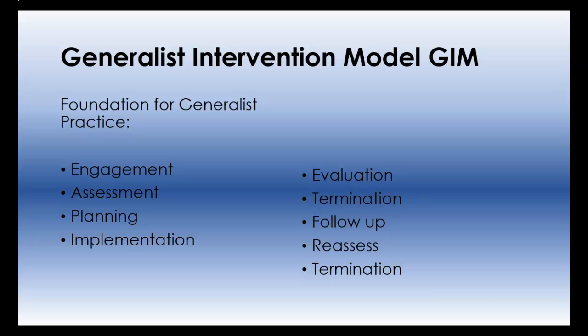The next step in the generalist intervention model, before I go to assessment: engagement also includes the values and standards of practice that we talk about as social workers: dignity and respect of the client, or client system. We're also thinking about social justice issues when we're talking about engagement, how we interact. We also want to make sure engagement is culturally sensitive, culturally appropriate, culturally competent, and also making sure we display cultural humility as well.